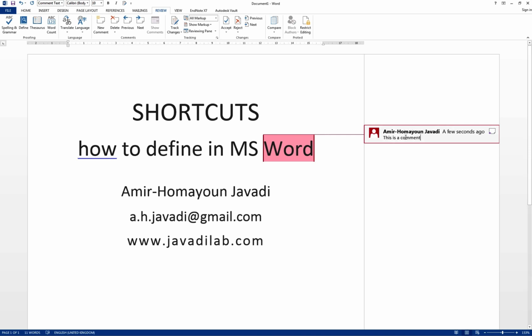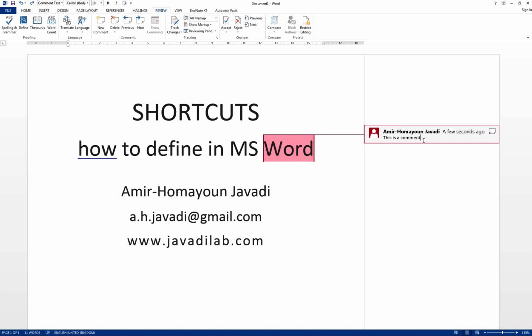Okay, and if you are already on a comment and then you press Ctrl-Shift-C, you can respond to that specific comment. So here you can see that my name is a little bit indented, which shows that this comment here is in response to the previous comment. So if you receive a document from somebody and you want to respond to their comments, you can simply put the cursor there. You can just click there and then press Ctrl-Shift-C to add a comment there, which is in response to that